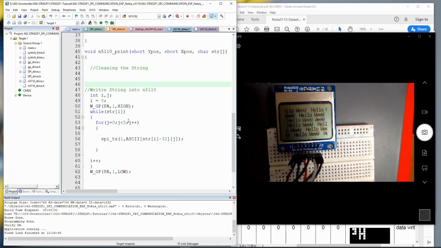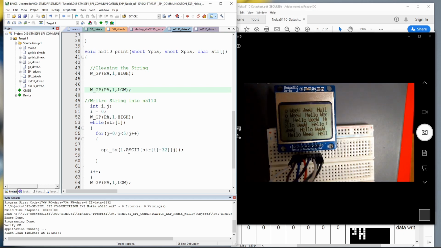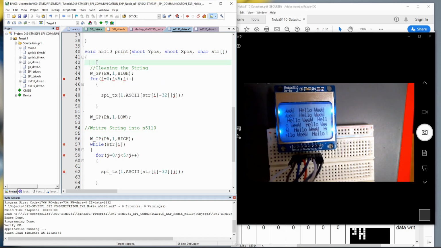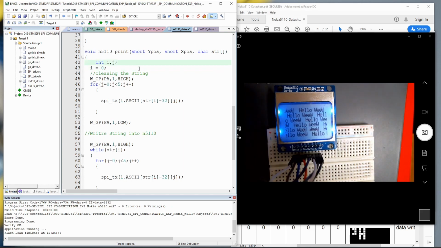So as usual, we have to go here, put my display control high and low, and what I'll be doing is using this loop. Instead of writing all these ones, for j, yeah, I need to put this one up. Sorry, it's getting a little bit messy. Okay, so initializing again,